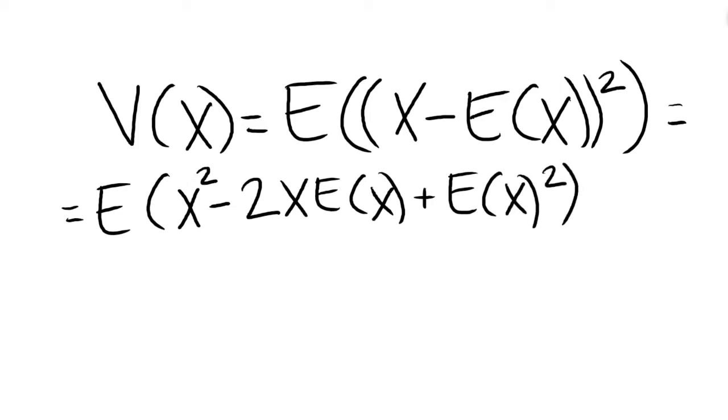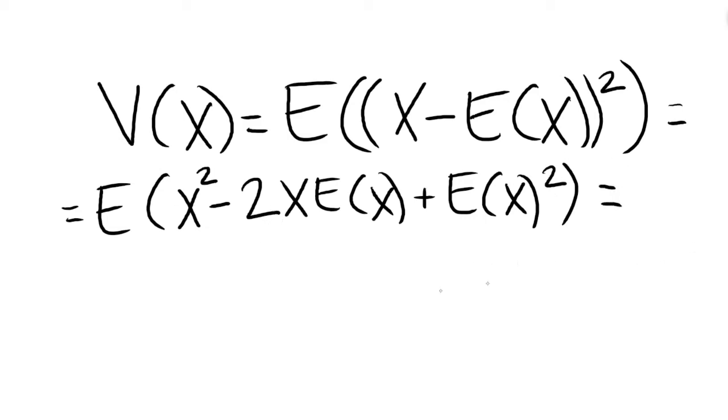And then end parentheses. If you want to make this even more obvious, you can put parentheses around this. It doesn't change anything, but if it's easier to understand that we take the square of the expected value of x, then you could totally do those parentheses, but they are not necessary. The next step we're gonna do is use the counting rules that we had in the last video when we talked about expected values, and use that to get individual expected values.